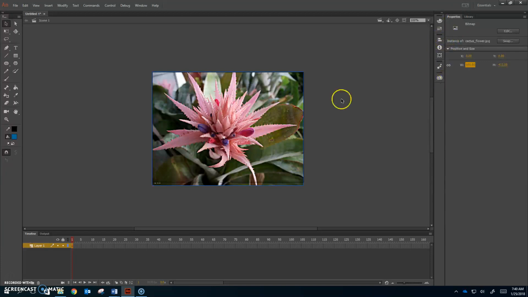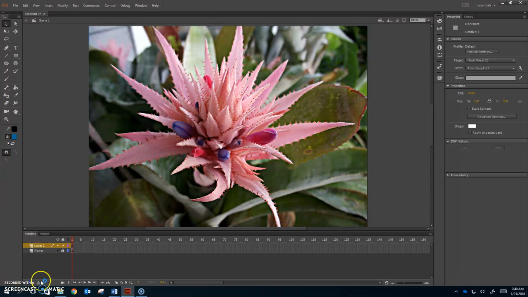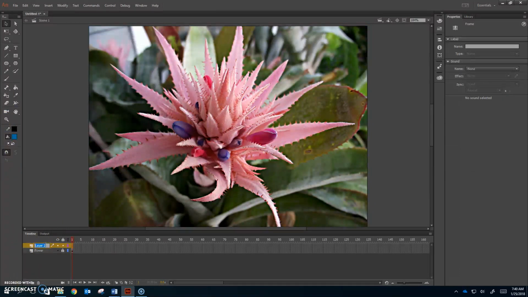And then you might have to position it a little bit just to make sure that it sits on the stage where you want it. Okay. So if you don't like this particular flower, you can definitely choose a different one. What we're going to do is name this layer flower, and I'm going to lock it. And then I'm going to create a new layer, and this new layer is going to be called